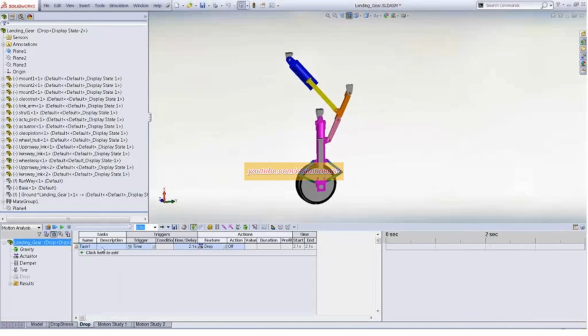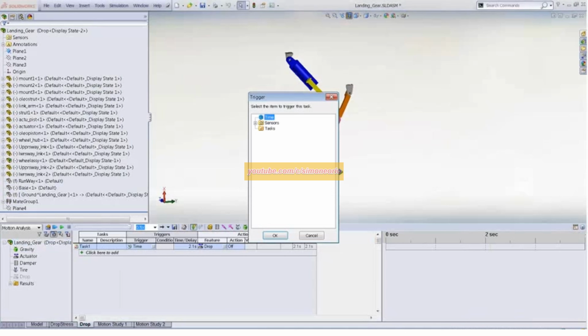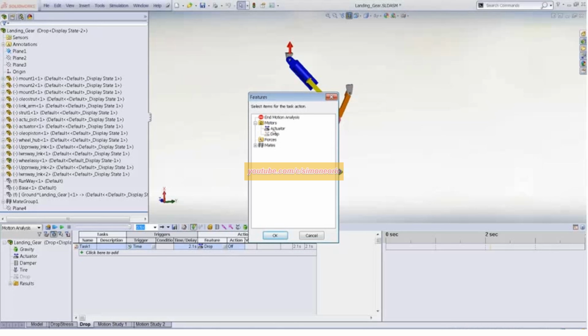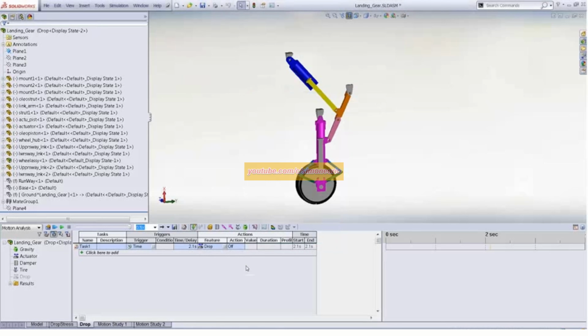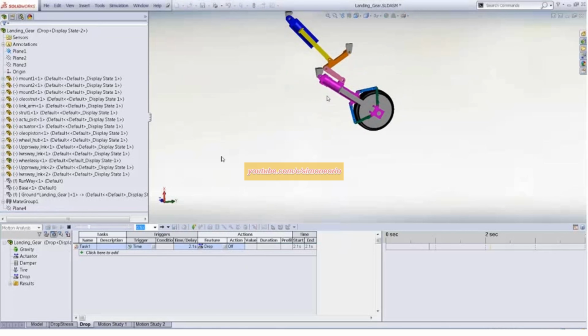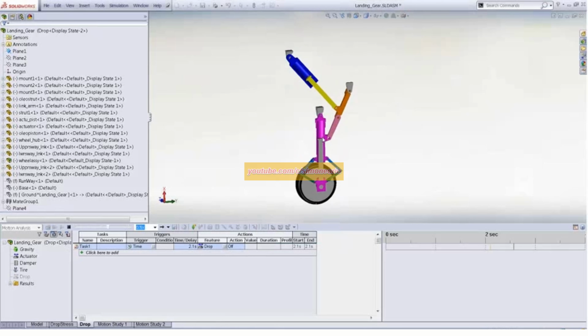So we see here we can create a task, and it can be triggered by sensors in the model, such as position. But in this case, we're just going to use time, and say at 2.1 seconds after we're done actuating, I want you to take my drop motion, which is the motion constraint here on the mounts, and turn them off. So that's why when we animate this simulation, see the preload in the spring, expanding our linkage, and then the motion holding the system up is turned off at 2.1 seconds, and we drop.